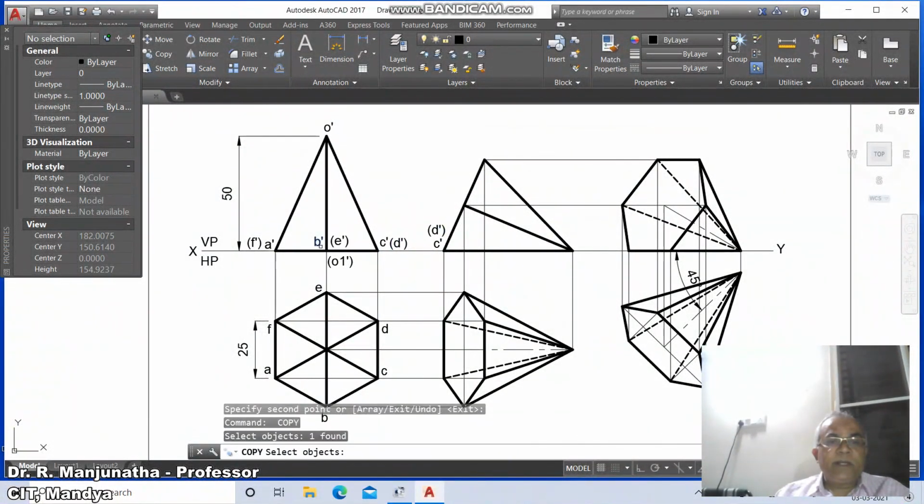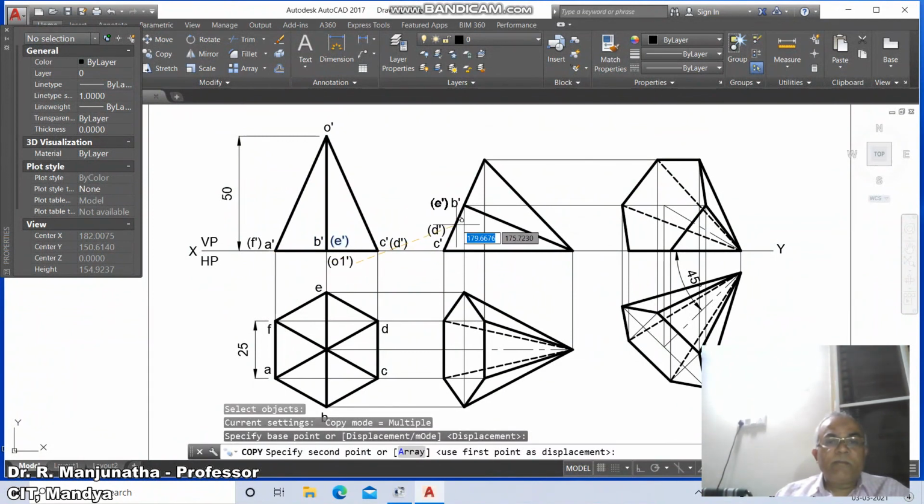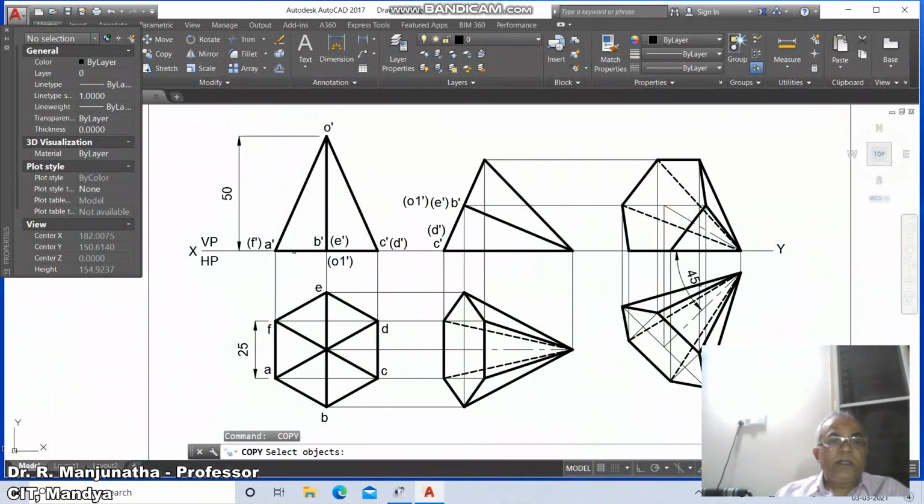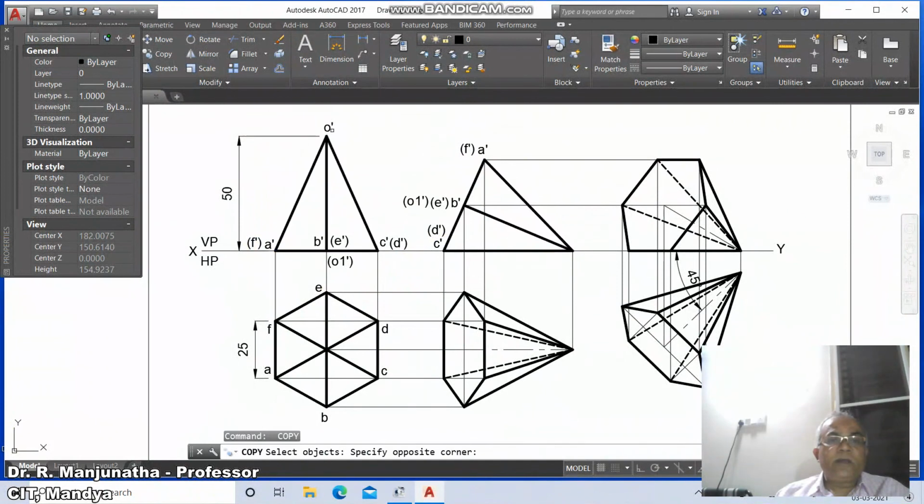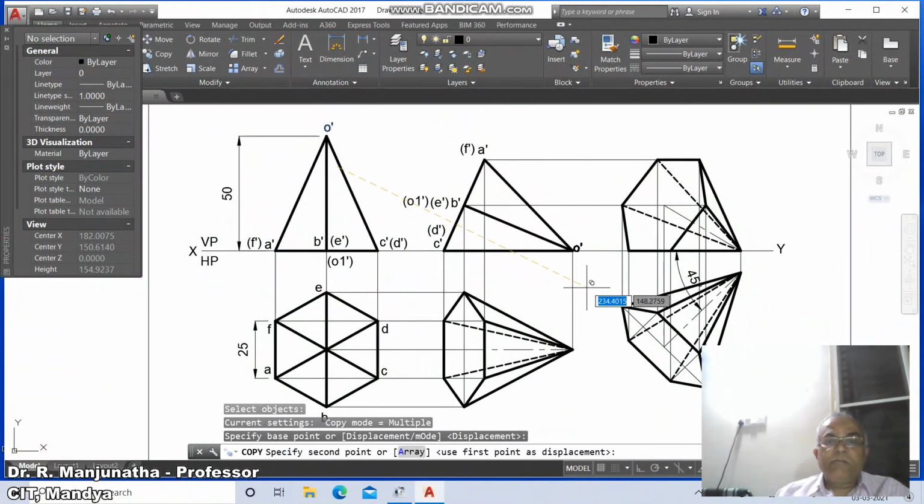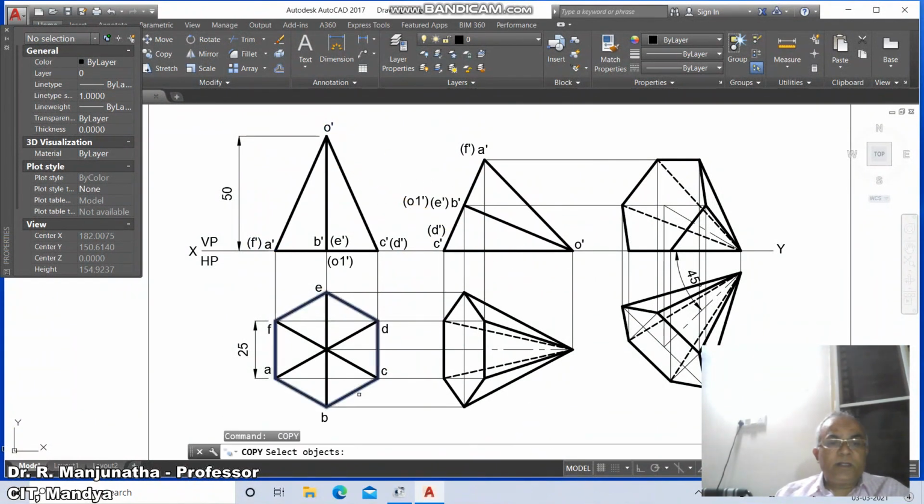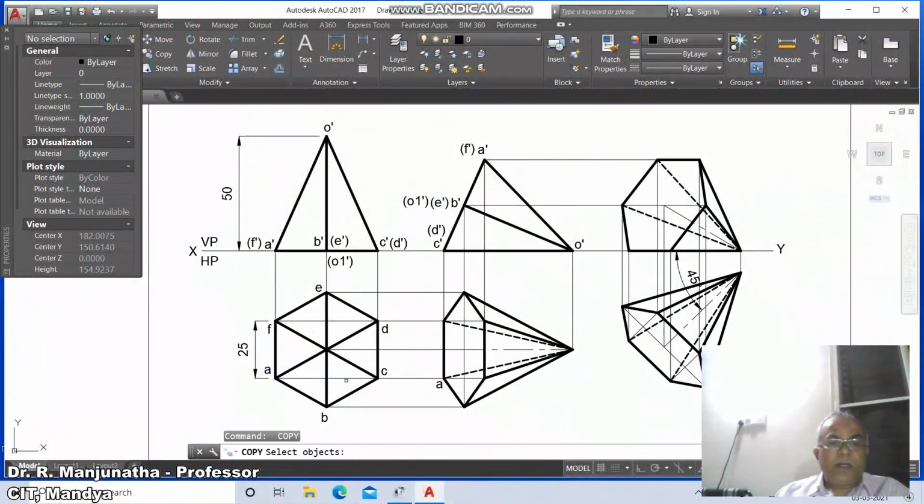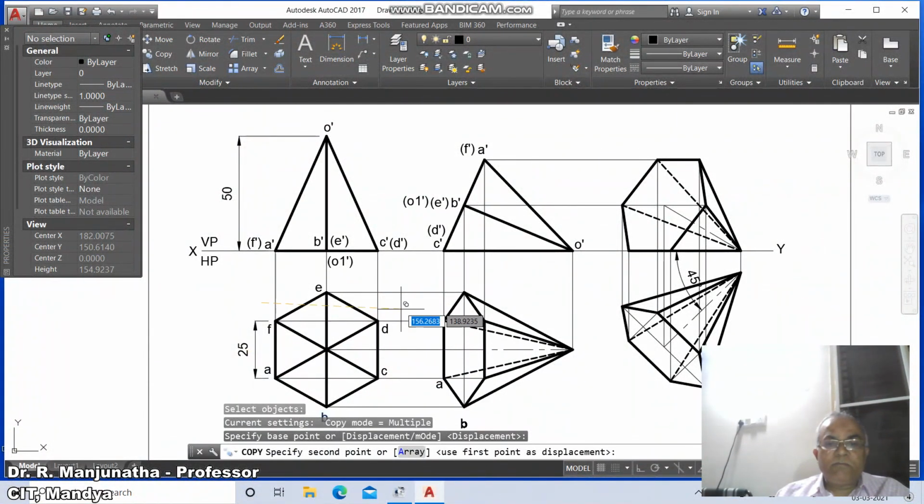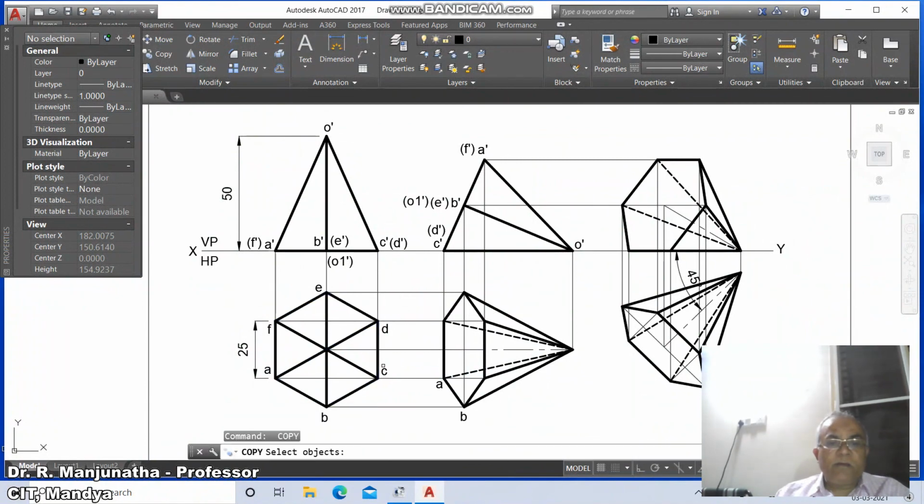Similarly, B dash, here it is E dash, here it is O1 dash, here it is A dash, here it is F dash, here it is O dash, here it is A, here it is B, here it is C,